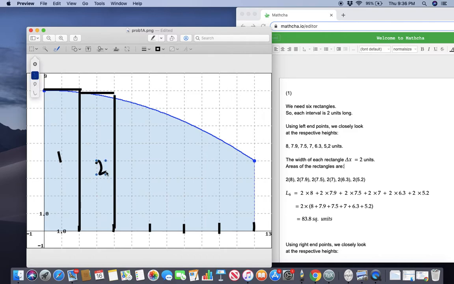This is your second rectangle. Next, for the third rectangle, I'm supposed to use the height corresponding to the left end point, this point. This point meets the curve here, slightly below. So I start drawing at the height